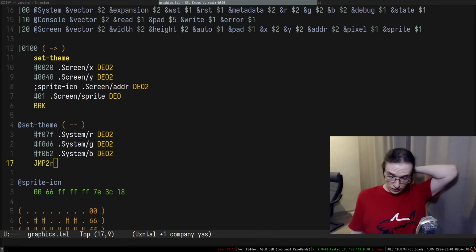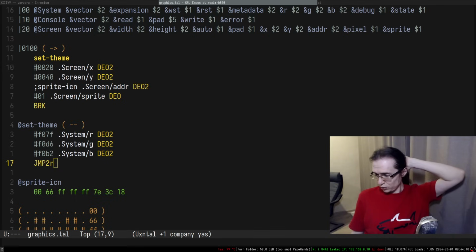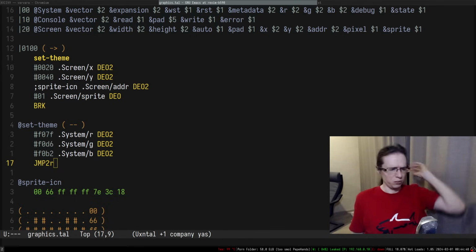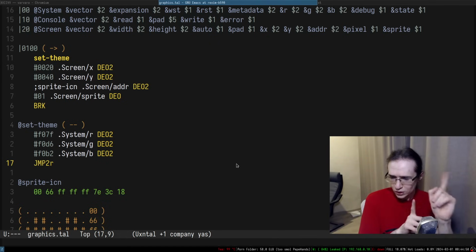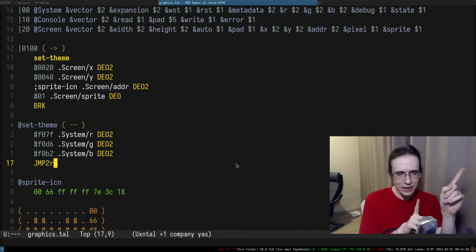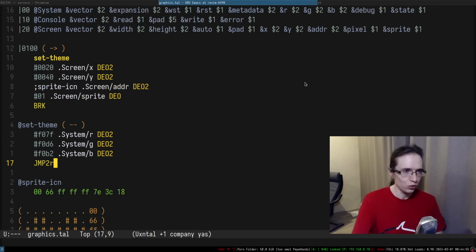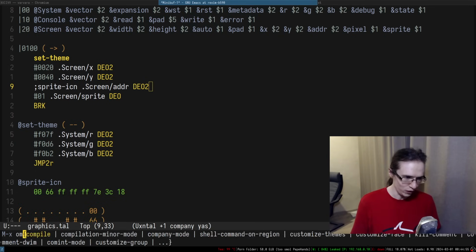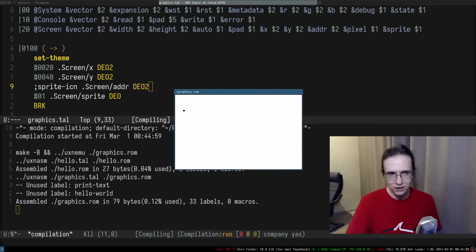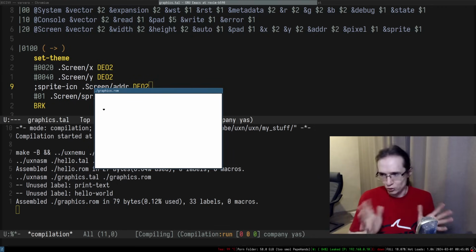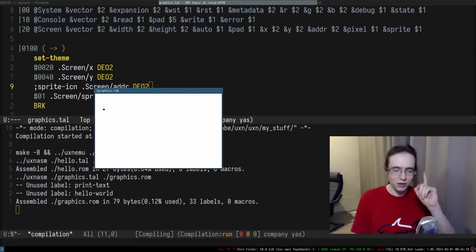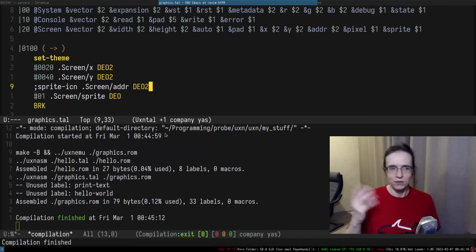So yeah, let's make another break. I need to process all of that stuff. And after the break, I want to do something interesting. I want to try to make that heart move. One of the things we managed to achieve in here, which is kind of cool, is that we managed to copy paste things around and create a heart. Can we make it move? Maybe we're gonna make it bounce off of the edges or something like that. So this is gonna be the next step. Let's make a small break and then make it move.